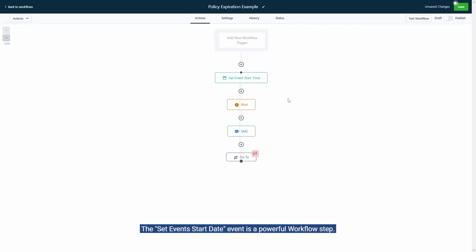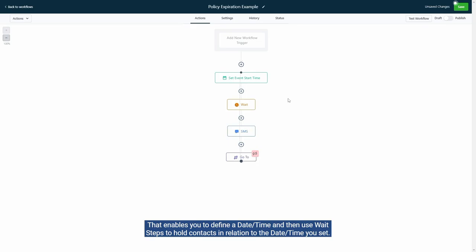The set event start date event is a powerful workflow step that enables you to define a date/time and then use wait steps to hold contacts in relation to the date/time you set. In this video, we'll review the options within the set event start date and time event, as well as common